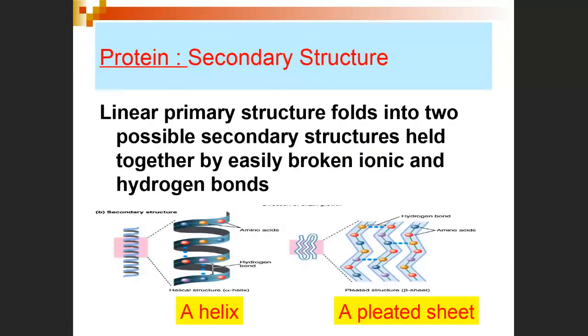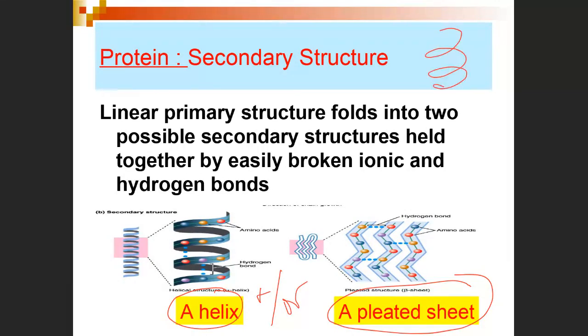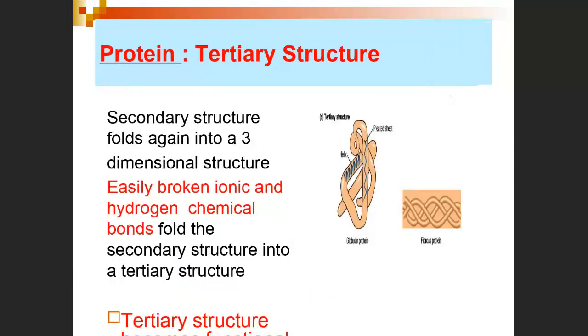The chain almost immediately within the cell as it's being made begins to twist and bend into alpha helices and or beta sheets, pleated sheets. And so now this huge chain has a secondary shape, which is either an alpha helix or beta sheets. I said and or because some of these chains are so huge that they may have part of it an alpha helix and then another part would be a beta sheet, for example. So it's not one or the other, it could be both.